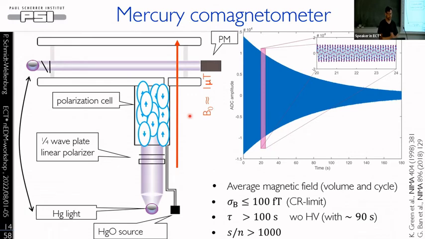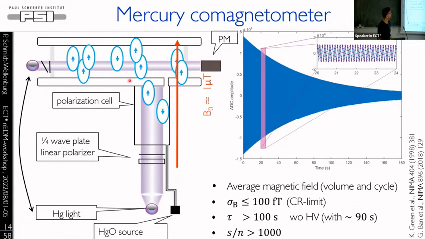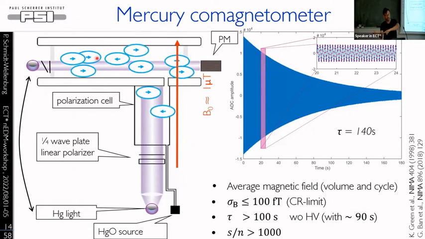Now the mercury magnetometer works like that. You have a resonant, circularly polarized light. Below the precession chamber, you have a chamber which we call the polarization chamber. While you do the experiment up here, there are new atoms coming in there from a vapor source, and the light is shining in, and you put them all in a spin-up state. Then, after the neutrons have entered, you quickly open a small door and let the mercury into the main precession chamber. You do the same spin half flip as with the neutrons, at a different frequency, just after the neutrons,